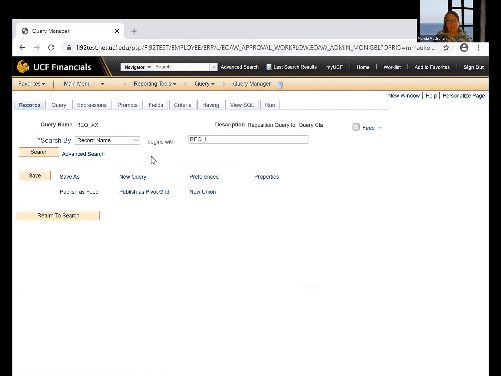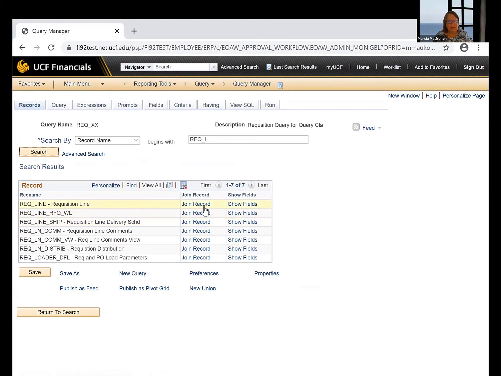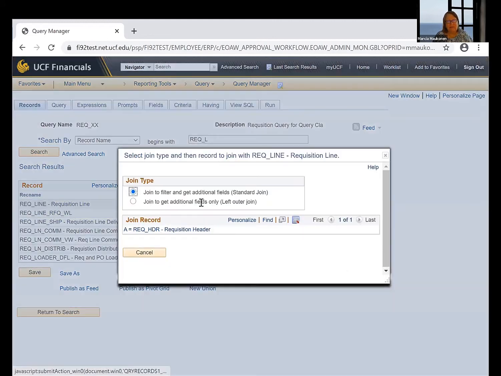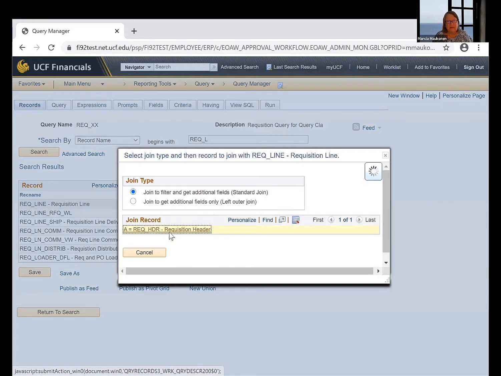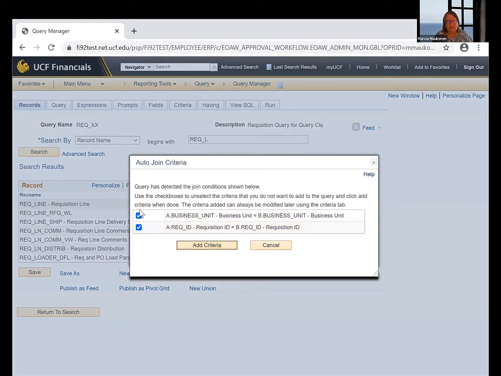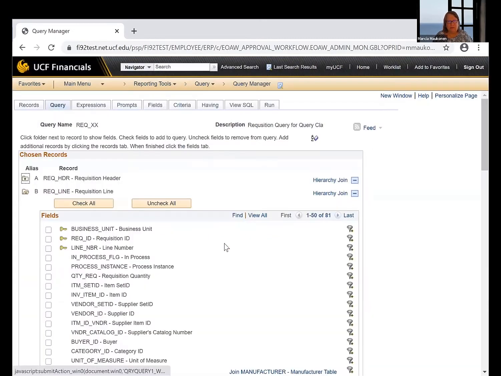And I'm not sure what the name of this is, so I'm going to just search on part of the name. And here it is, the rec line. I'm going to join that record. And I'm just going to join it to get some extra information to the rec header. It's going to give me some auto join criteria here, so I'm just going to accept what it's giving me. Because what we're really talking about, we're not talking about joins right now. What we want to talk about is